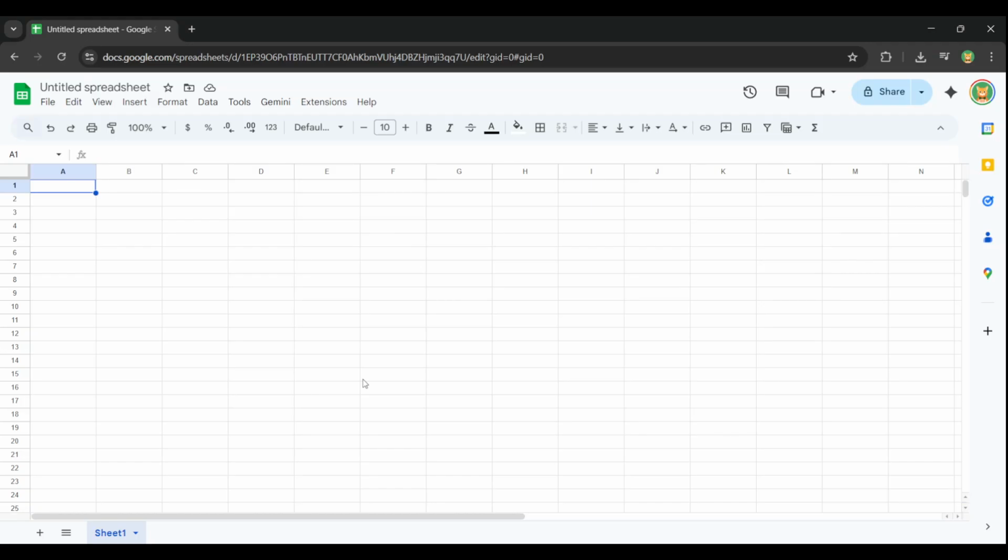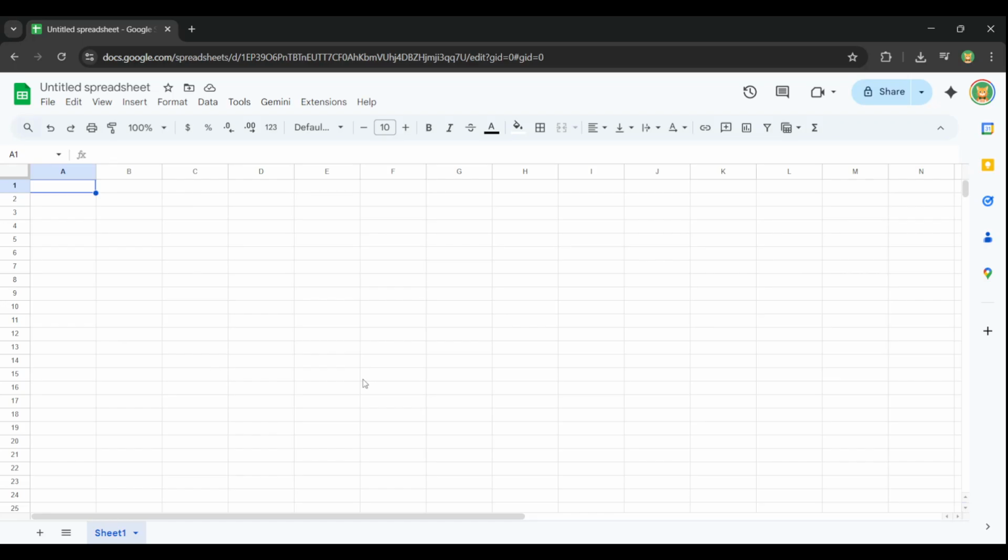A quick refresher: a CSV, or comma-separated values file, is a plain text file where each line represents a row and each value in that row is separated by a specific character, often a comma, but sometimes a tab or a semicolon. Because CSVs are simple and widely supported, they're great for moving data between systems, provided you import them